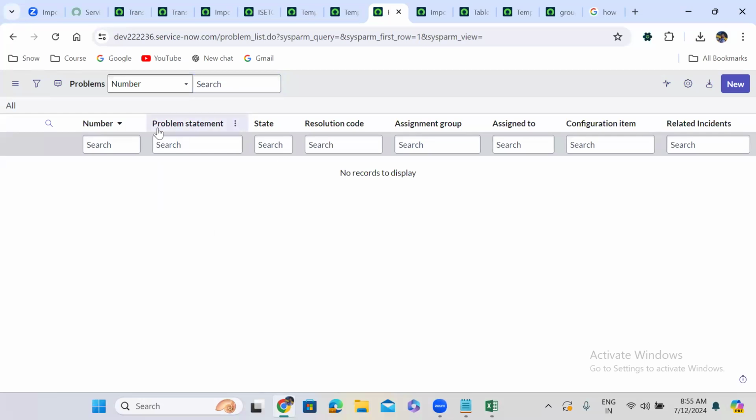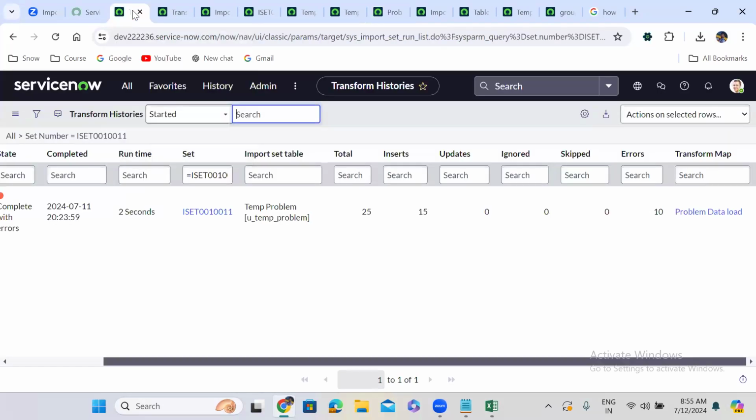So there are no records. Okay. Every time we import, what is it doing? It is creating duplicate records. So I want to avoid the duplicate records. To avoid the duplicate records in the transform map,